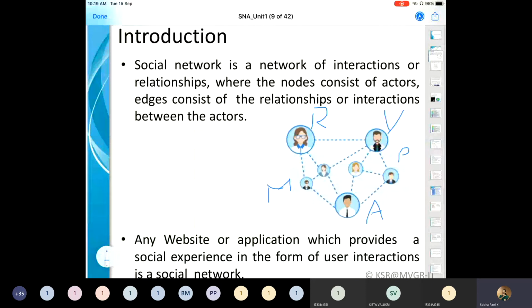This is how I represent a social network graph, where every node has its own properties. R has its own properties called name, age, email, location, or number of followers. Similarly, V has its own properties. Those are all static properties. Coming to the edge, there is an edge between those two nodes, meaning they have an association, a relation. That could be an interaction between those two people.